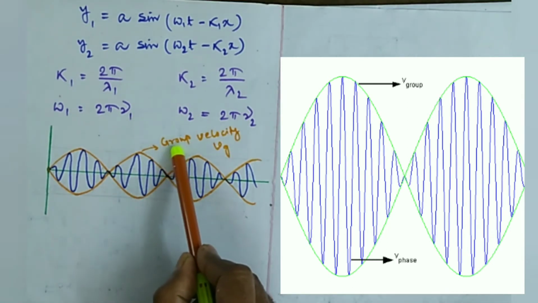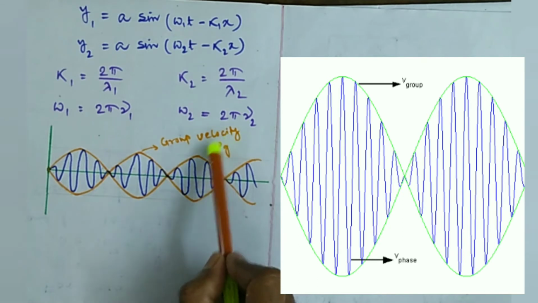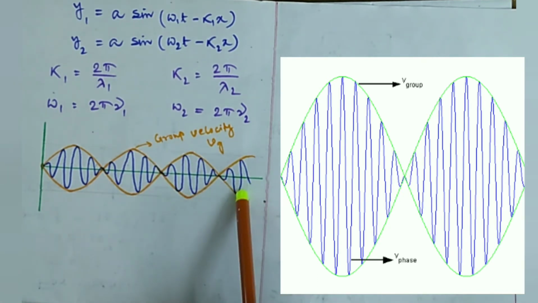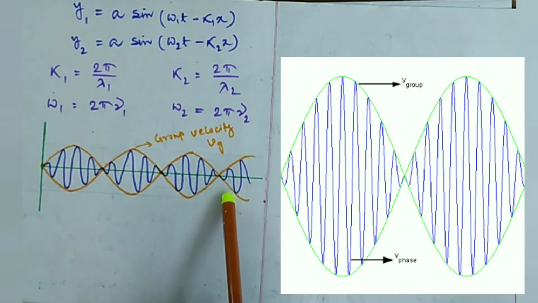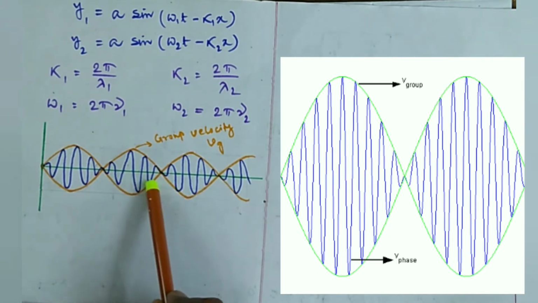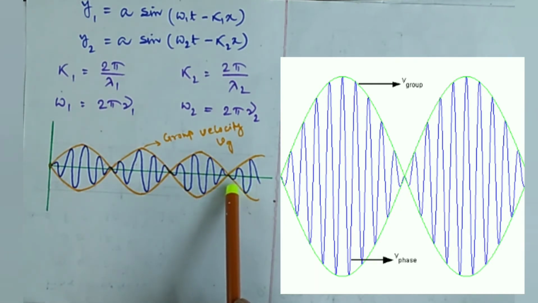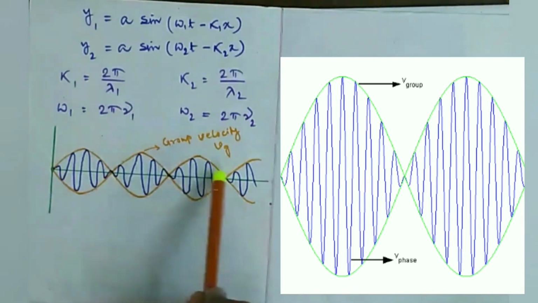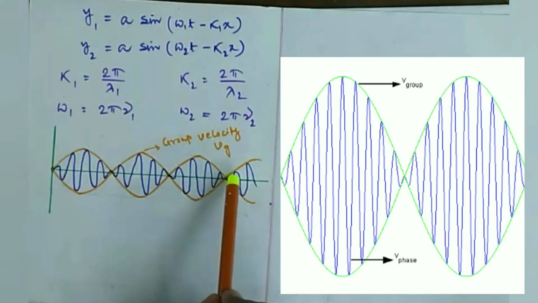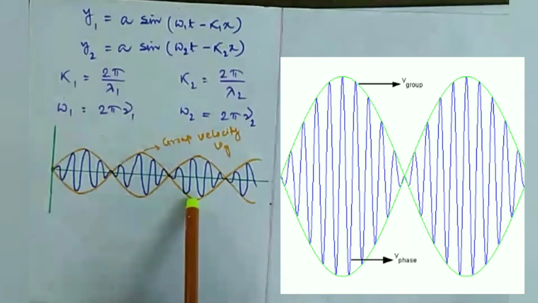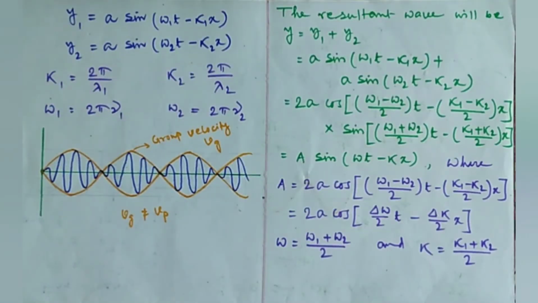Here, the group velocity of the wave is denoted by Vg. There is also the phase velocity of the wave. So, the velocity of the individual crest or the individual component waves in the envelope is known as the phase velocity of the wave, and the group and phase velocities do not necessarily have to be equal. Now we find the mathematical expression of group velocity.